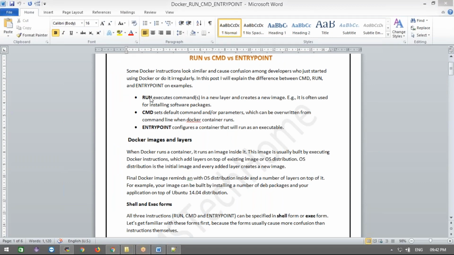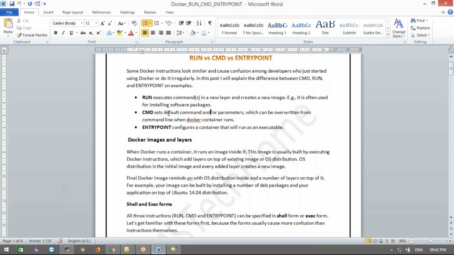We use the RUN command most of the time when you want to install some packages, like Python, npm, or any software such as httpd or nginx. RUN executes commands in a new layer that creates a new image. It is often used for installing software packages.